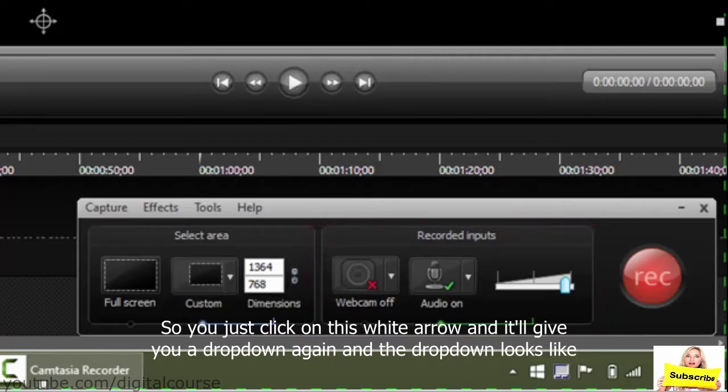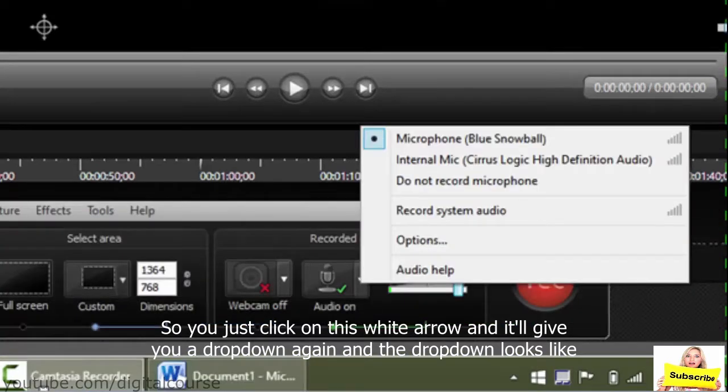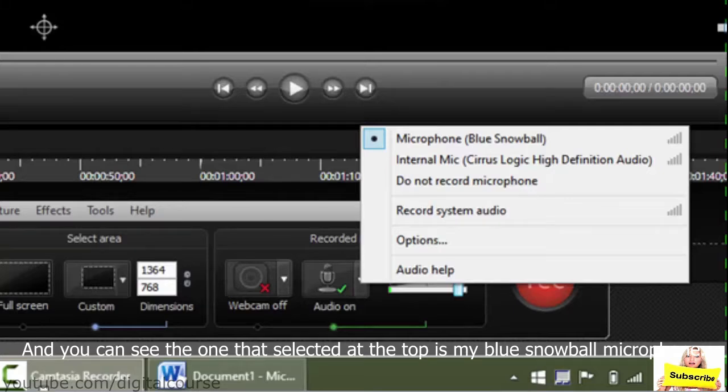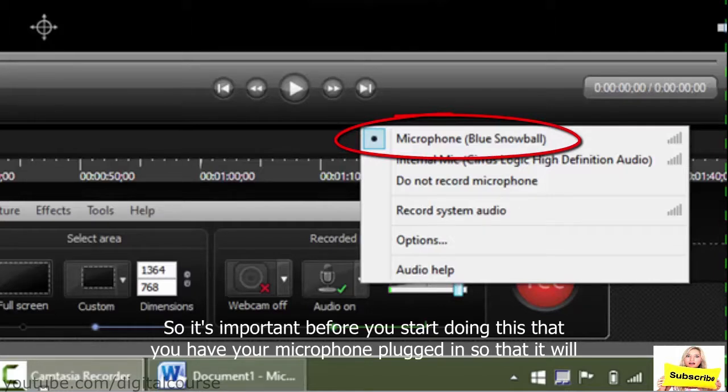So you just click on this white arrow and it'll give you a drop down again. And the drop down looks like this. And you can see the one that's selected at the top is my blue snowball microphone. So it's important before you start doing this that you have your microphone plugged in so that it will recognize